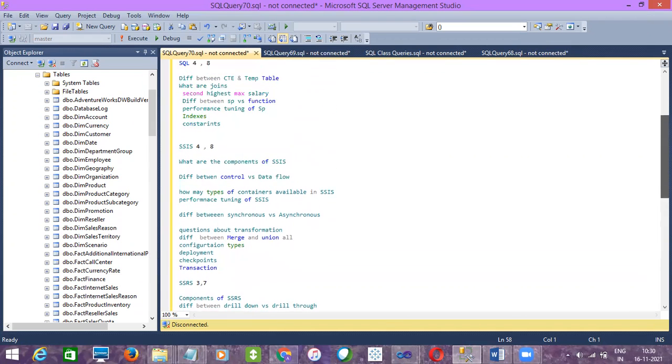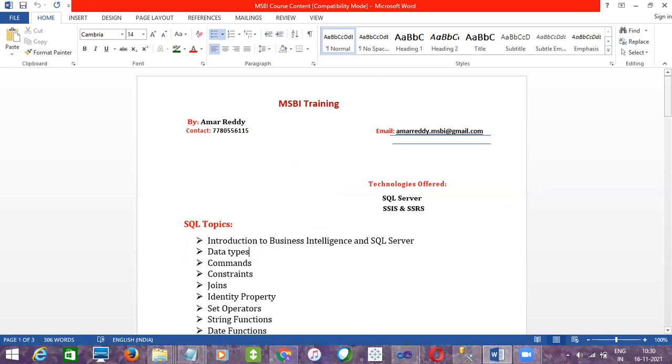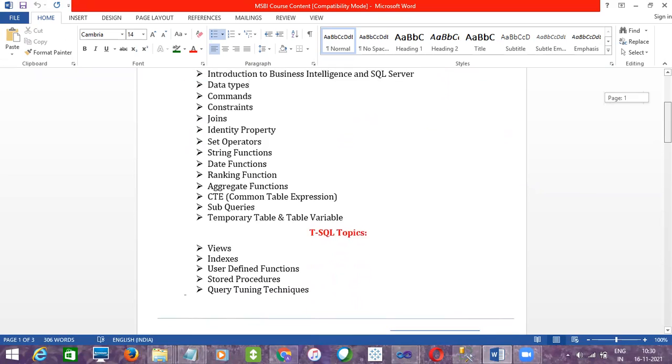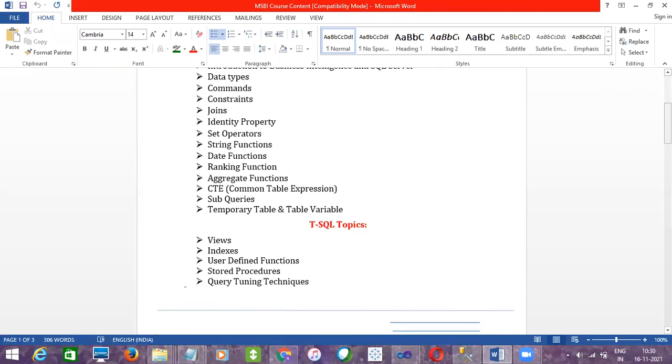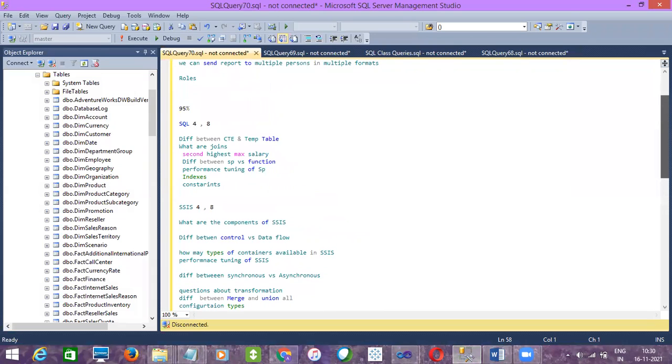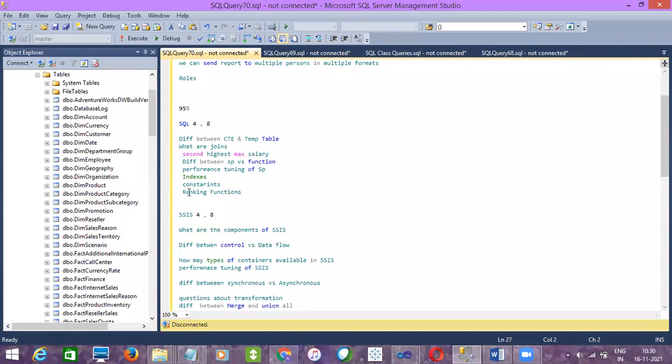Did I miss out anything? Let me look at the course content. Maybe ranking functions also. So in SQL, I should include ranking functions. Explain them the way I discussed in the class. You need to give the definition: we have 3 types of ranking functions: rank, dense rank, and row number.